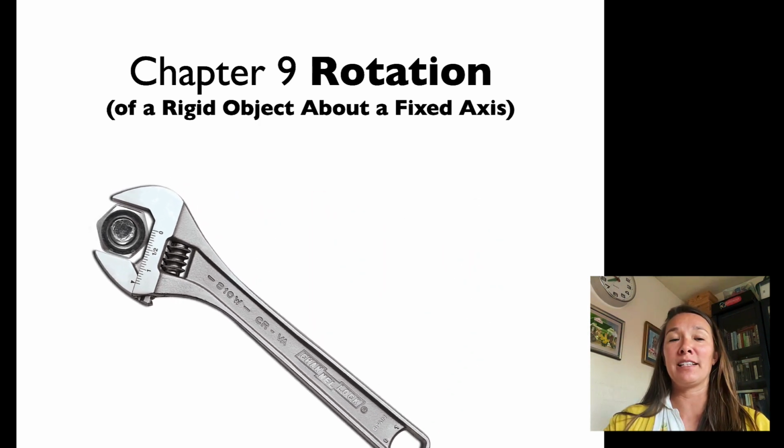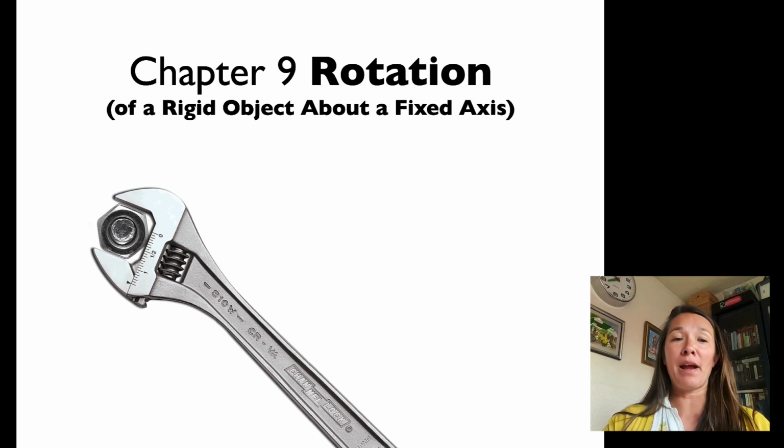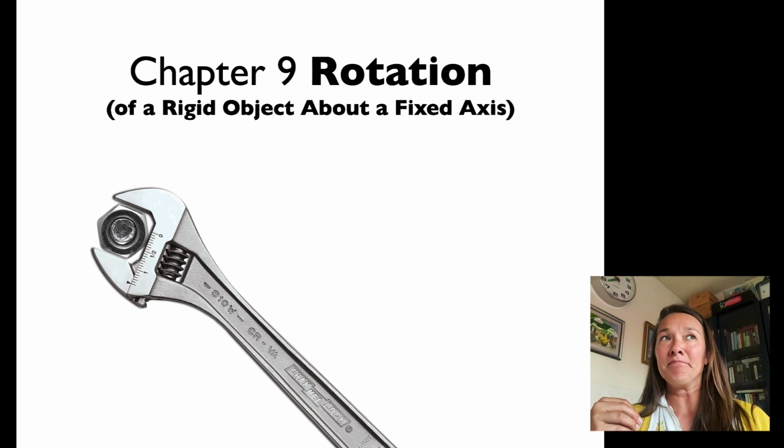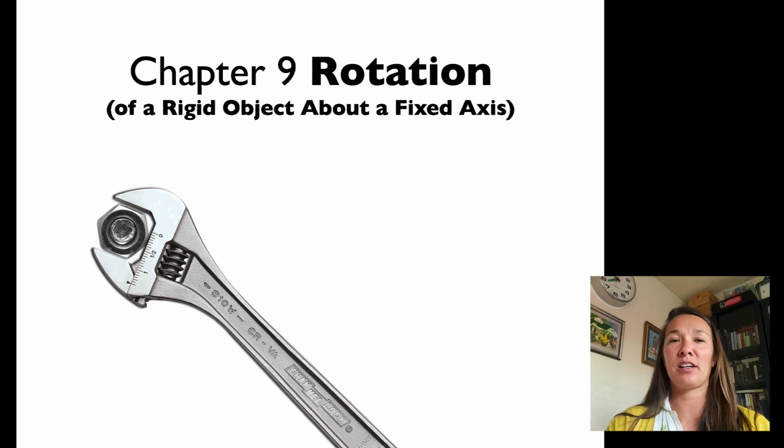So here, an example of rotational motion would be a wrench turning a nut and bolt set. That is a rigid body, and what we mean by rigid body is anything that's not squishy and also something that's not considered a point, because in almost all the previous things that we've used, we've considered our objects to be a point, which is mathematically something that doesn't really have any dimensions. It's like a one-dimensional object. So now we're coming into 2 and 3 dimensions, which is more like what happens in the real world, but